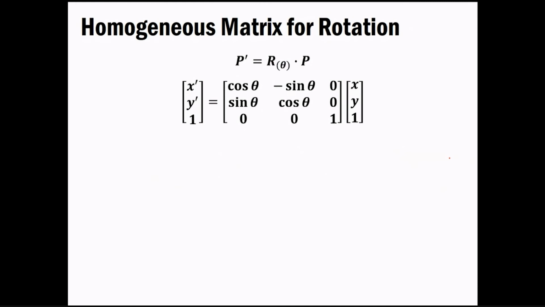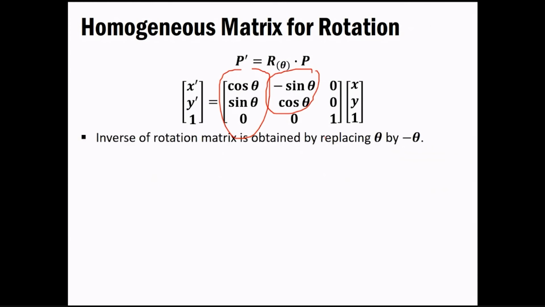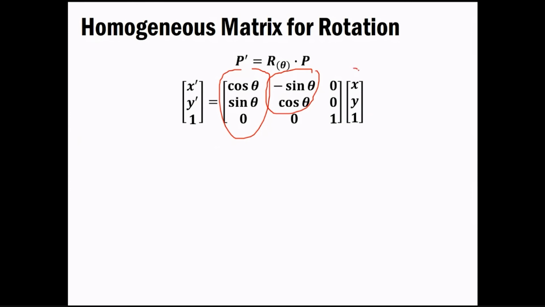For the rotation we already know we have this: cos theta, sin theta in the column vector form, and minus sin theta, cos theta over here. Now if we want to convert it from the 2 cross 2 into the 3 cross 3 matrix, then we will just add it in this way. So we'll be having cos theta, sin theta, 0; minus sin theta, cos theta, 0; 0, 0, 1. And similarly, we have to add one value to the pixel also. So that can be represented as (x, y, 1).